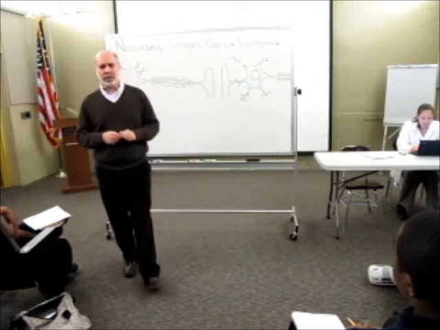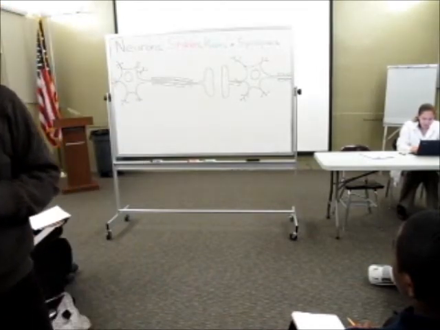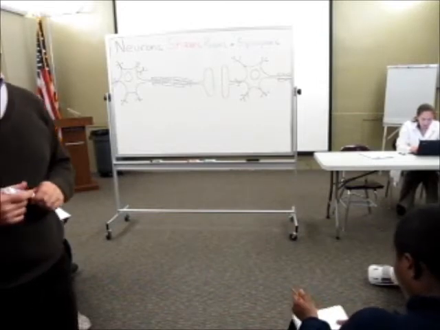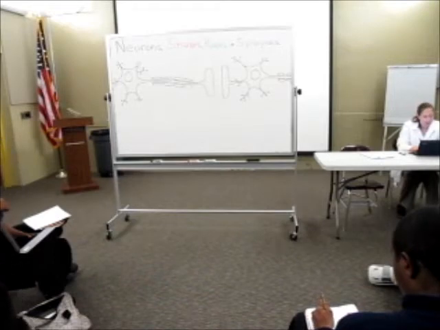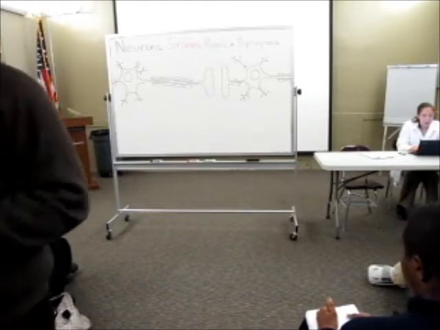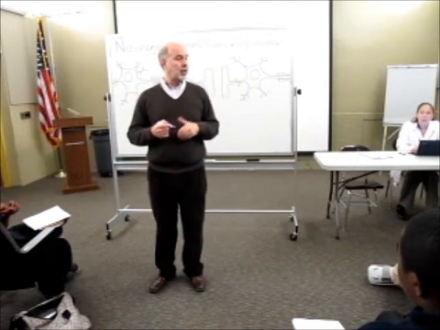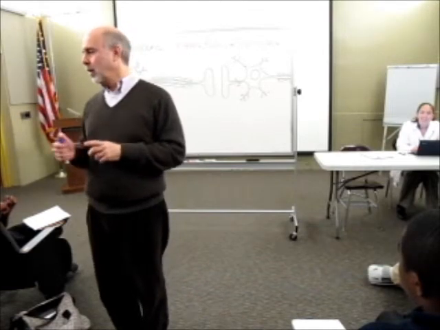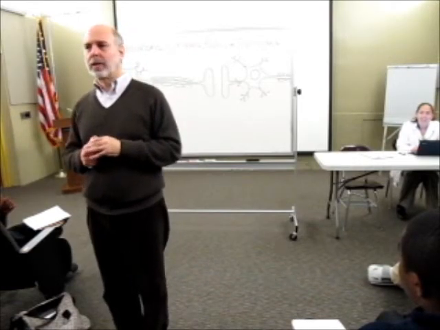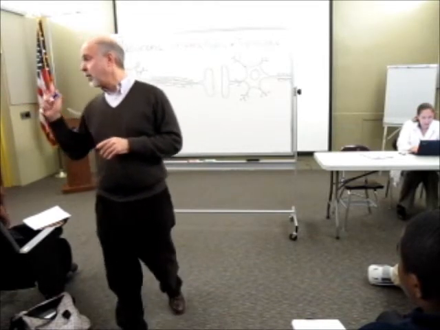Well, how does information travel from one nerve cell to the other across the synapse? Neurotransmitters. Excellent. Can you tell us what a neurotransmitter is? What are neurotransmitters? You're right, they communicate across the synapse. Anybody else? What are neurotransmitters? Are they cells? They send electrical signals. What are they? Right, they're chemicals. Very good.